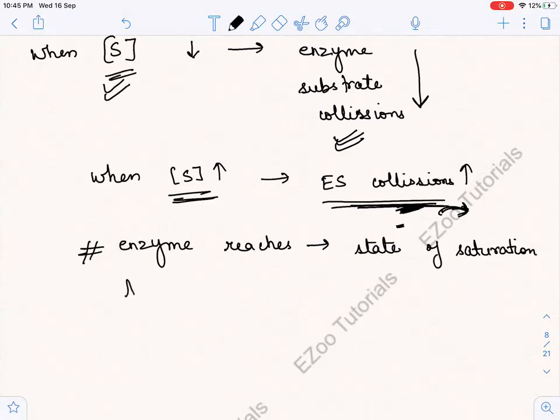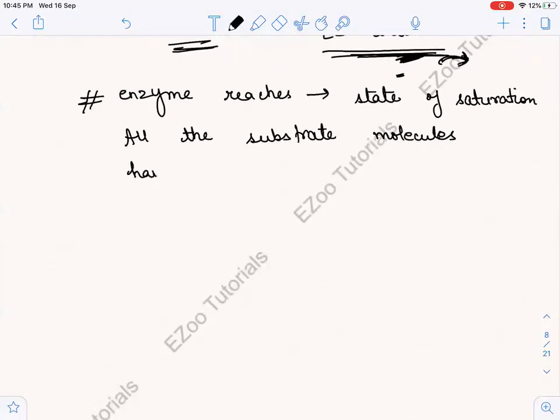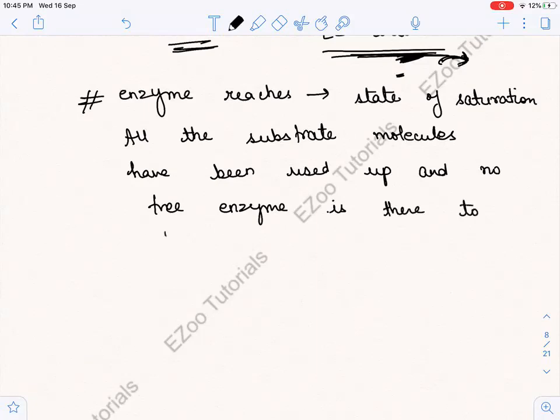इसमें क्या हुआ कि all the substrate molecules, जितने भी substrate molecules थे, उनको क्या हुआ, all the substrate molecules have been used up, and no free enzyme is there to bind what? To the additional substrate. ठीक है,